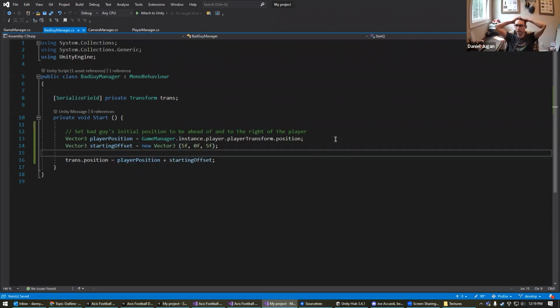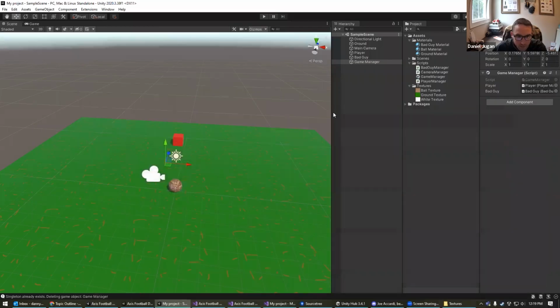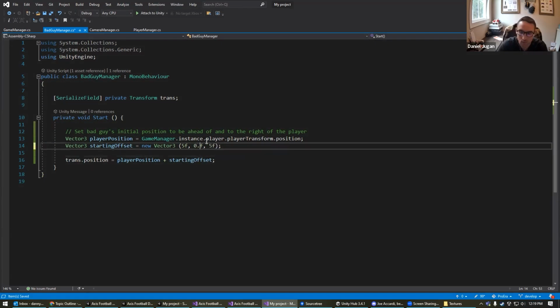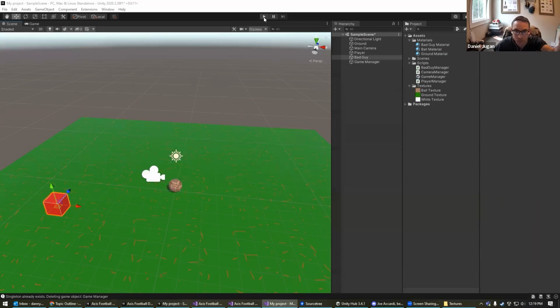So again, we're in our bad guy manager script, and so we're going to set the bad guy to be farther down that way. So I'm going to take the bad guy and just move him behind the player. Oh, we actually want to do 0.5 because he's offset by half. So when we click play,